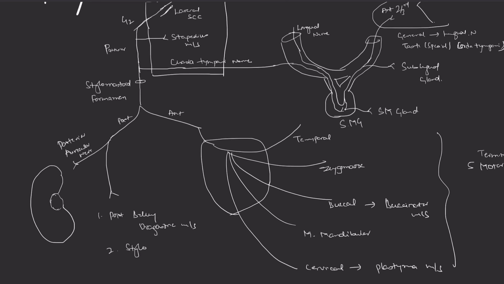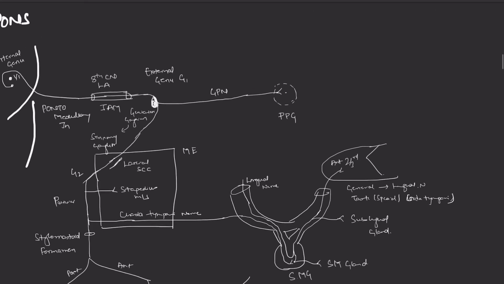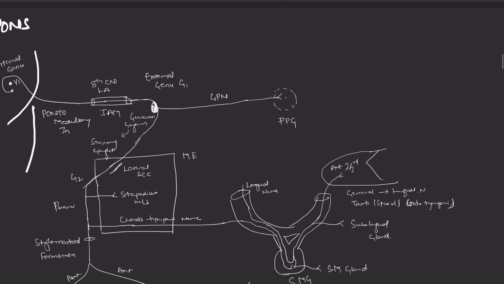Number 2 is stylohyoid muscle. Number 3 is auricular muscles, and number 4 is occipitalis muscle. So remember this, the greater petrosal nerve. Now the lesser petrosal nerve comes from superior